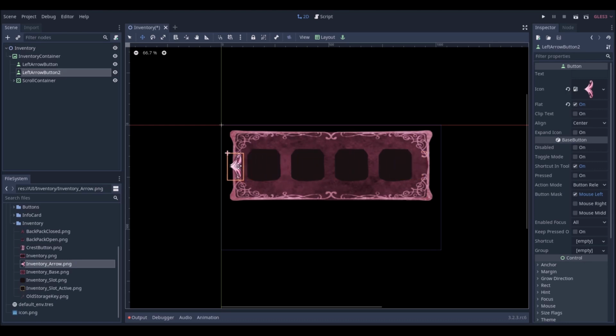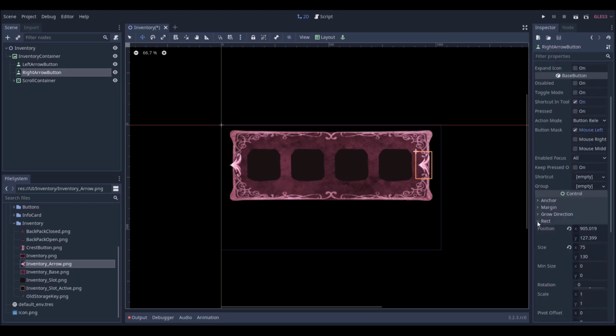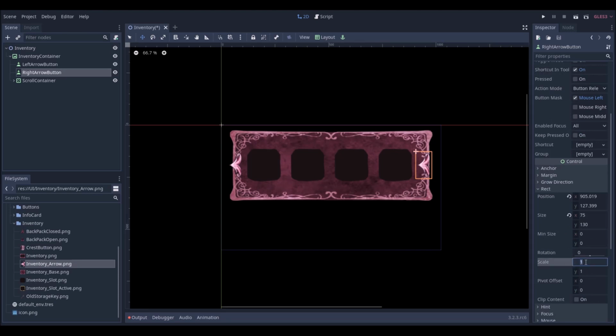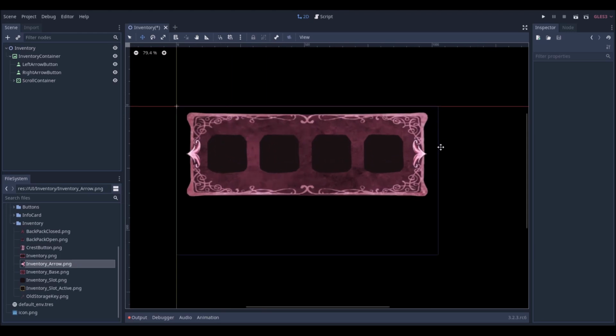I click shift to snap it, so it's in the same Y value as my left arrow, and call it right arrow button, and go to the rect and inverse the scale in order to flip it. So I'm going to put it here, make it as symmetrical as possible, and now